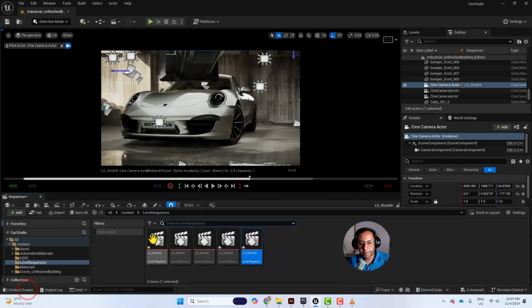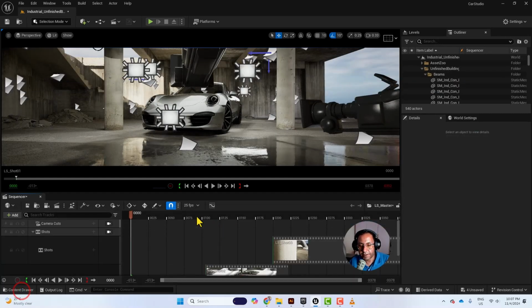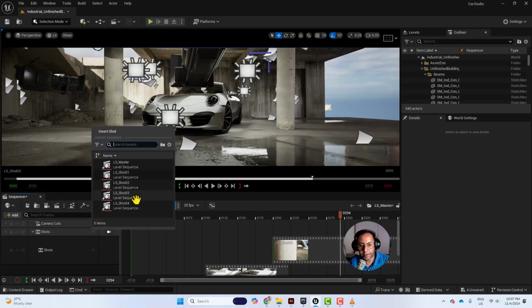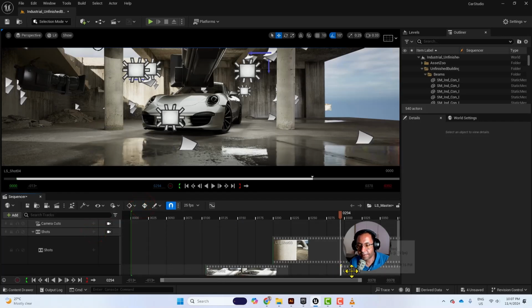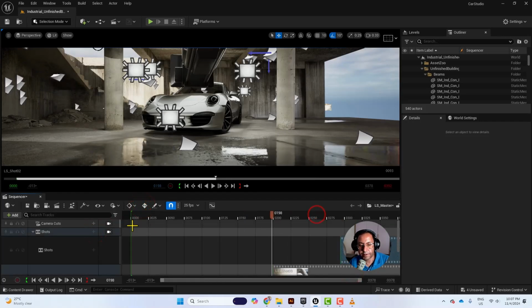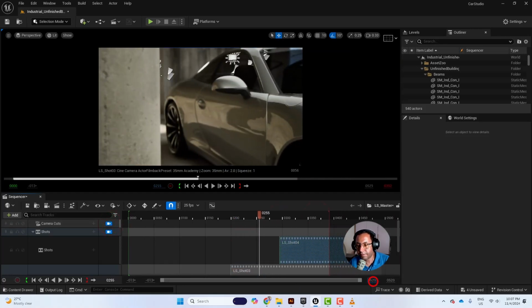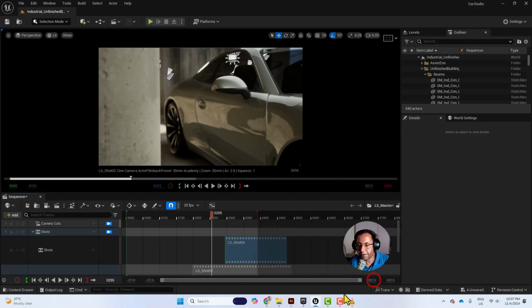Now let's get back to LS master and add our last camera. Again, press on the plus and add the shot 4, drag it up, so activate the camera track. Okay, and we will adjust the timeline again. I will move this one right here, and